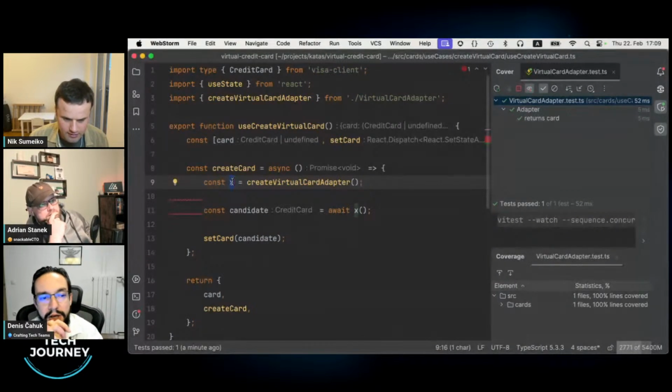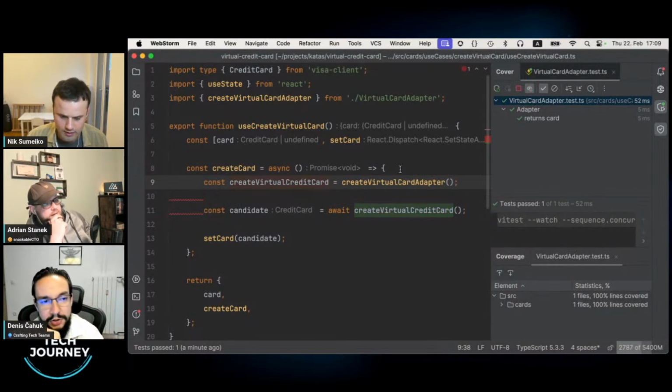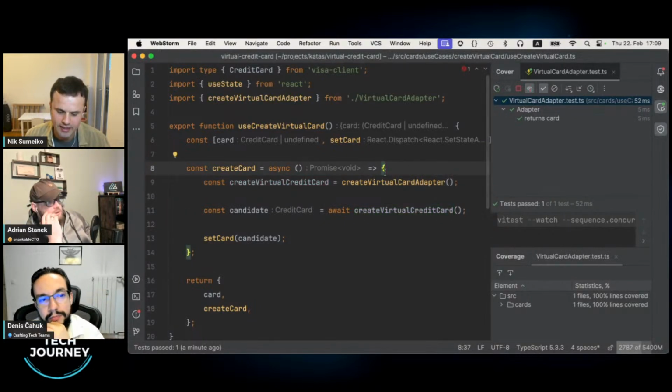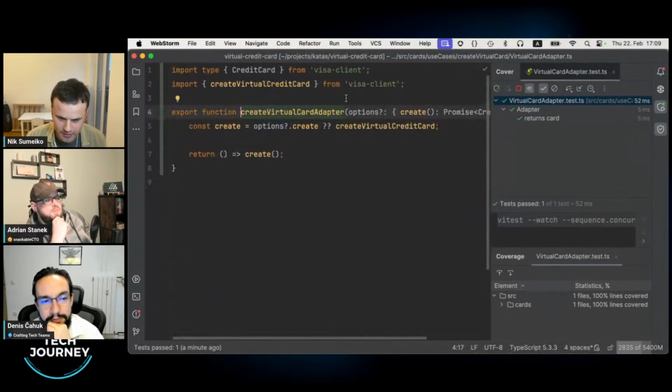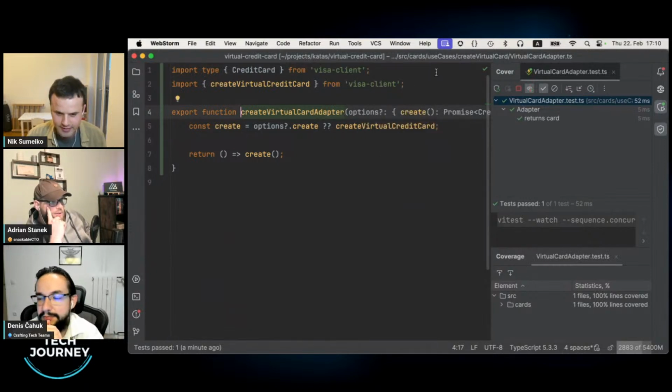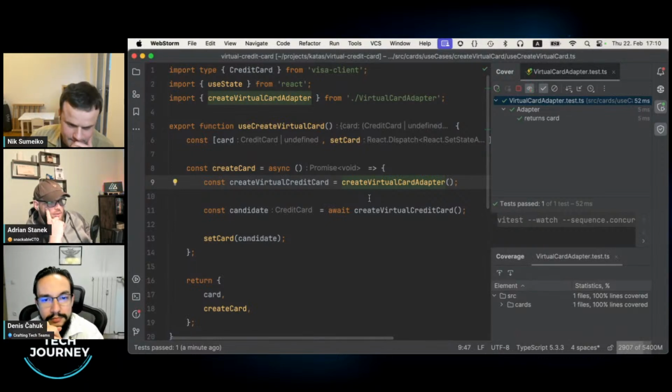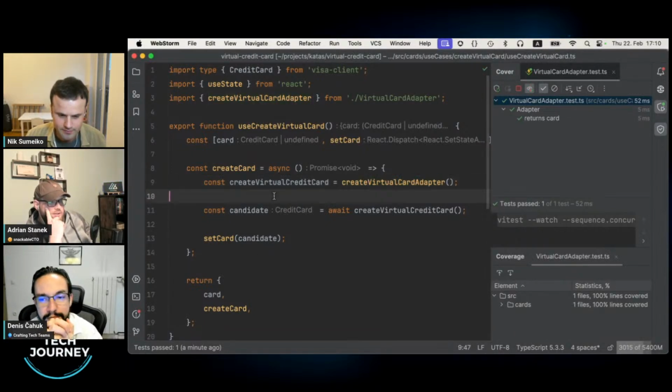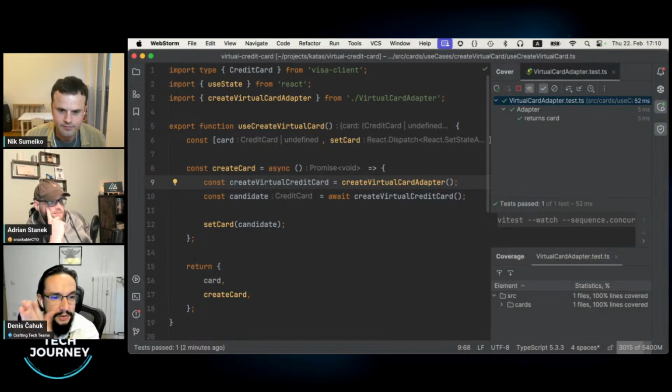So we kept the name, we kept the signature of the function, but we have made it less coupled to the original implementation of the SDK. Extremely well, we moved the coupling from the use case layer into the adapter layer. The adapter is still coupled. This is an often not mentioned quality, substitutability, where you can exchange part of the code without touching the rest, as long as the interface stays the same. And you're creating a seam of separation on the area most likely to change, or most likely to break because of third-party vendors, etc.